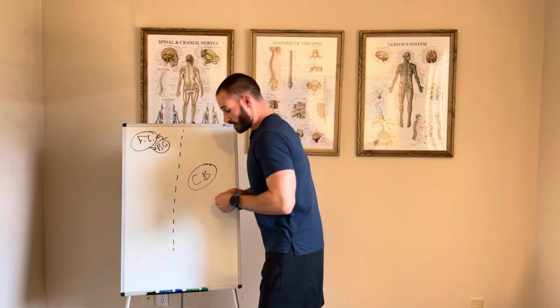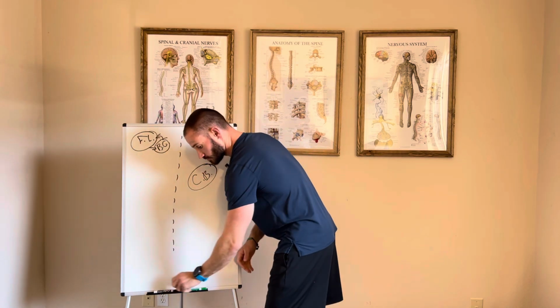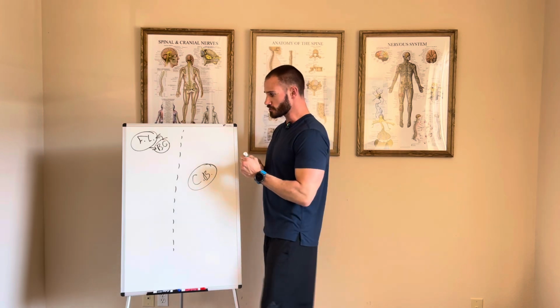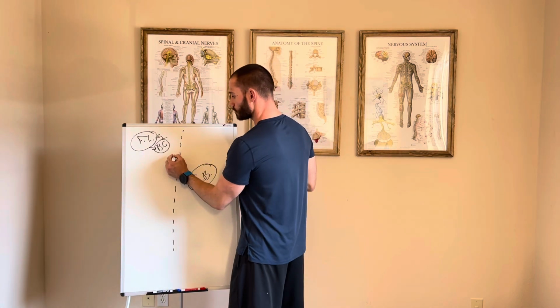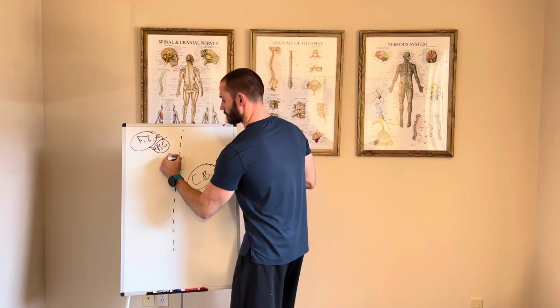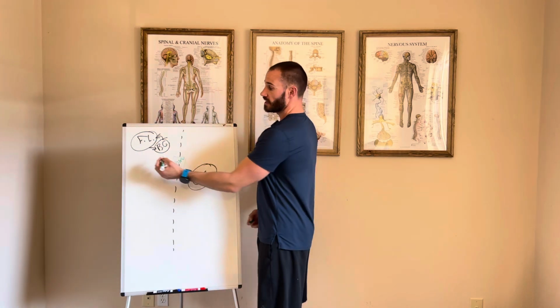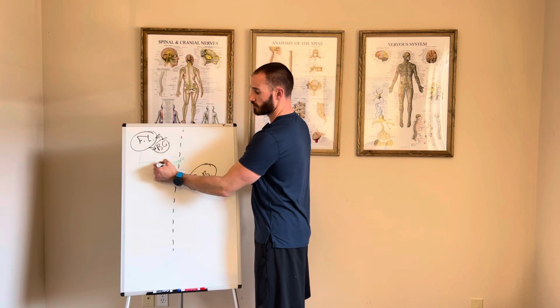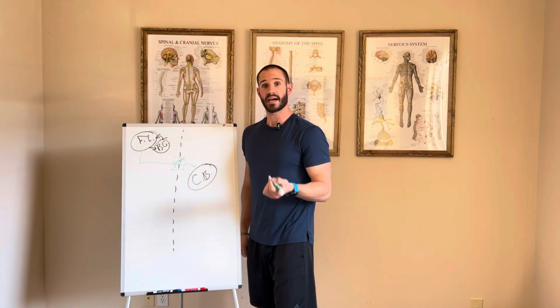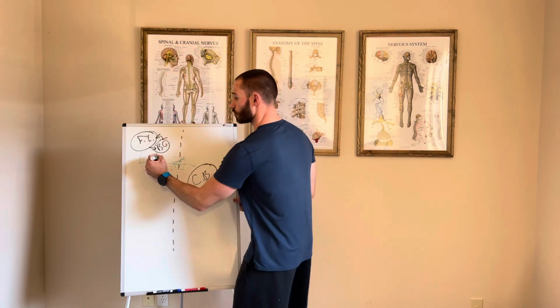There are two pathways that it sends through. The first one goes through an area of our brainstem called the pons. It goes down through the pons to the cerebellum. This track is called the